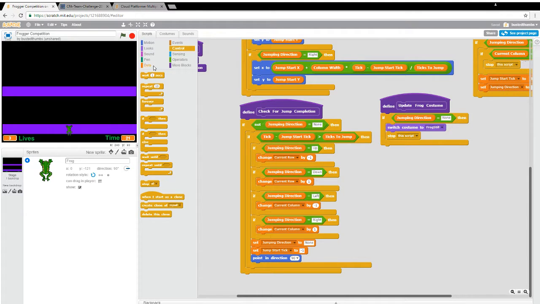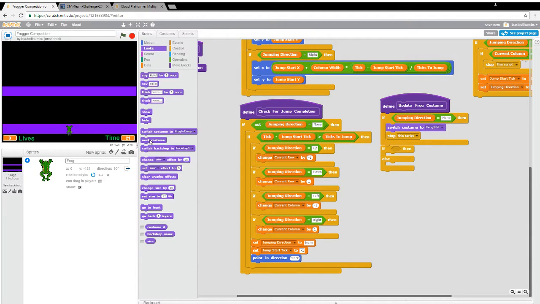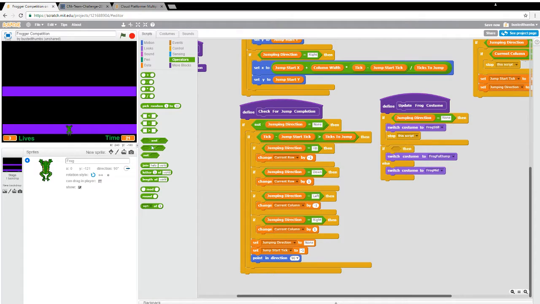So what I'm going to say we're going to do here is an if then else. In one case we're going to switch his costume to be the full jump, and in the other one we want it to be the mid jump. And the condition is going to be if the number of ticks is greater than 1/3 of the way through, but less than 2/3 of the way through. So two things have to be true, so we're going to need an AND operation. So that means if our ticks are greater than in one case and less than in another,